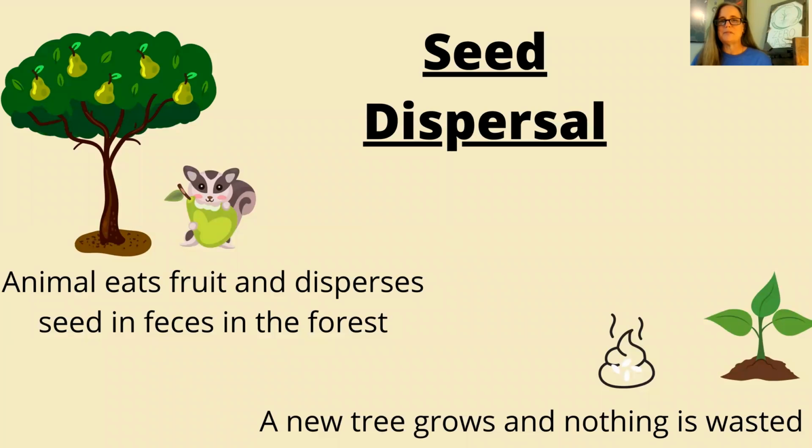And the same thing with seed dispersal. This is one of my favorite examples because it involves animals. And as you guys know, animals eat the fruits that fall off of trees. They also consume the seeds within the fruit. And when animals defecate, in their feces or poop are the seeds. So the seeds from their feces or their poop are what grows new plants. So this is just a continuous cycle showing that nothing in nature is wasted, and the nutrients are just beneficial and continuously grow new plants.